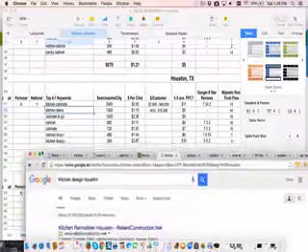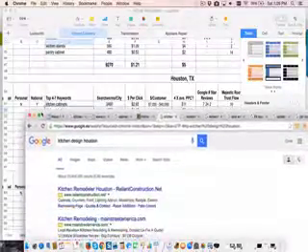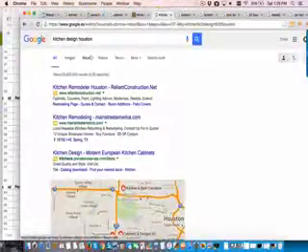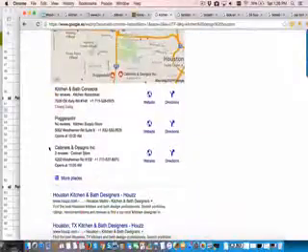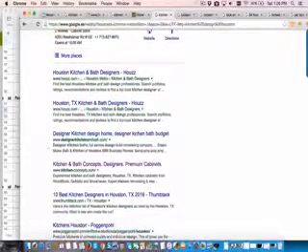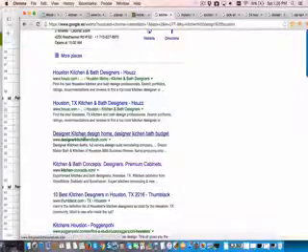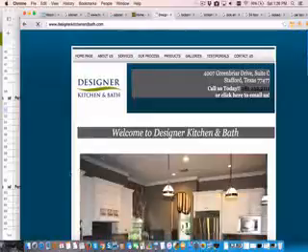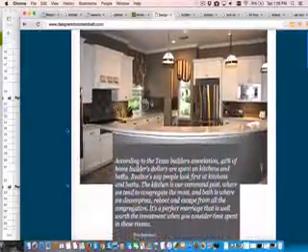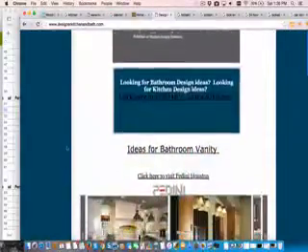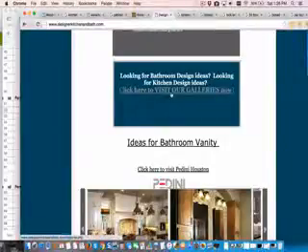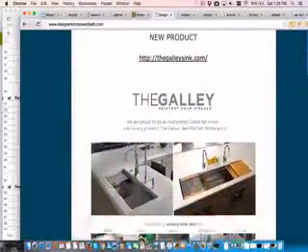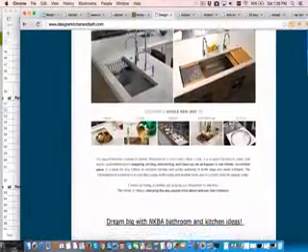There's kitchen designs. So I was thinking around 400 searches must be really good. So, kitchen designs, Houston. I come through it here, and this is all going to be, I'm not quite sure. Welcome to Designer Kitchen and Bath. Visit our galleries now. Okay, so this particular keyword could be, but again, you're going to have to have